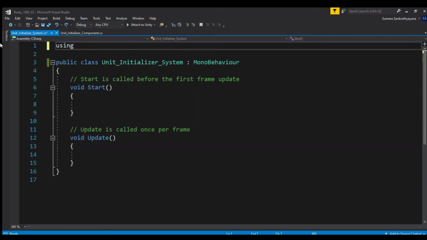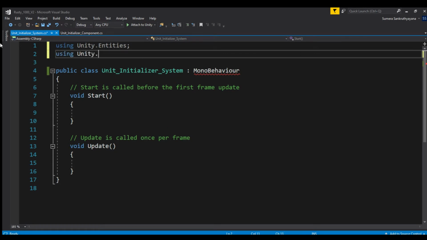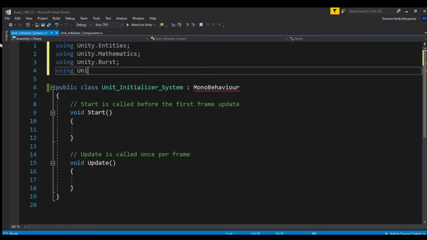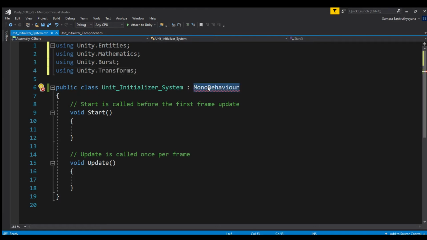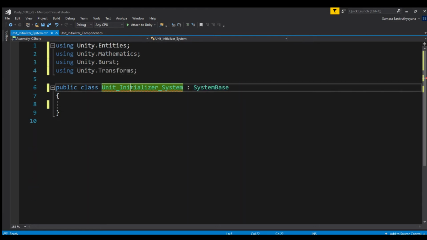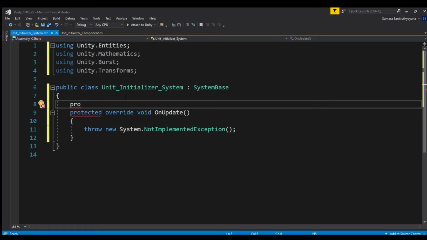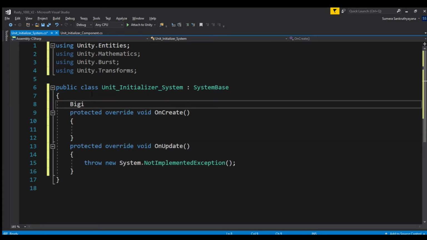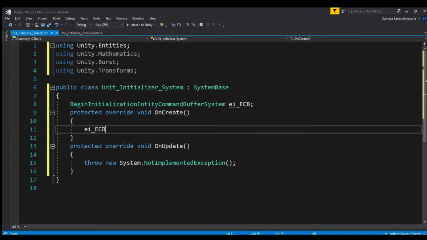Now in the UnitInitializerSystem, we will need something called an EntityCommandBuffer. We are trying to instantiate entities in jobs, but a few operations can be done only on the main thread, like instantiating entities, and adding and removing component data to entities. This is where the command buffer comes into play, where we can record such actions which need to happen on the main thread from within our jobs and play these recordings later in a predictable order at a later point in time.